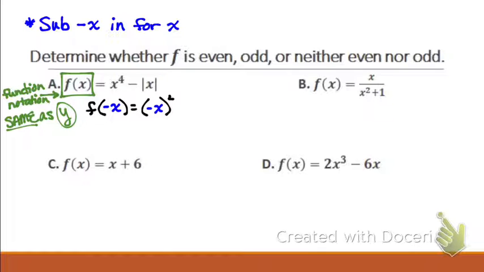So I have negative x to the fourth minus the absolute value, and I've got to substitute it in here as well. Absolute value of negative x. How will this first term simplify? What's going to happen if I take a negative number and I raise it to the fourth power? It's going to come out positive. So that is going to be x to the fourth